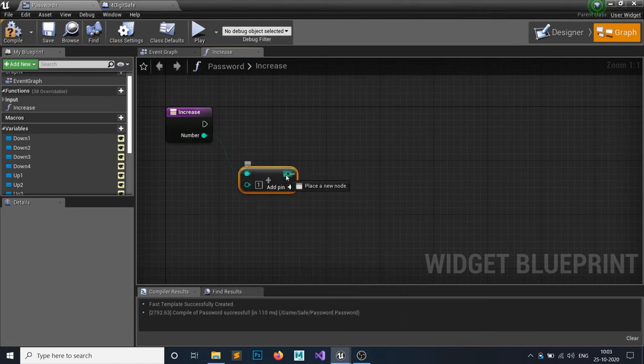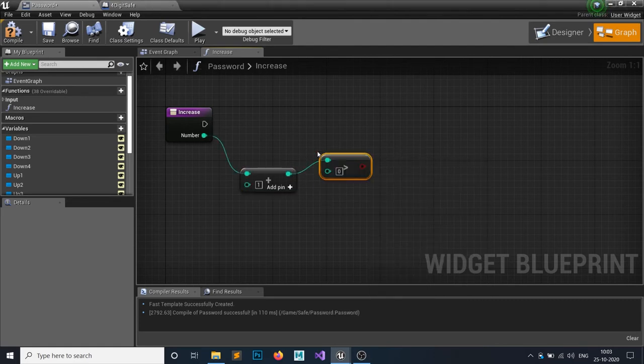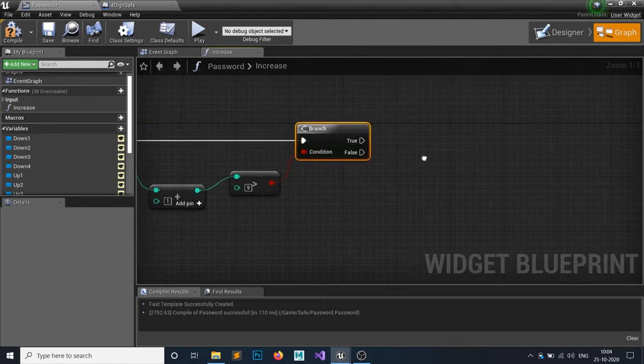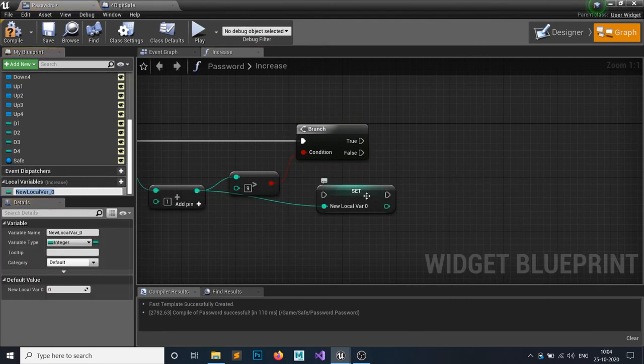After increasing number by 1, we want to check if it's greater than 9 or not. Yep, hit branch. So if it's greater than 9 or not, after that what we want to do, we want to just promote it to a local variable, because we don't want to share this variable with any other function. That's why we have promoted it to a local variable.